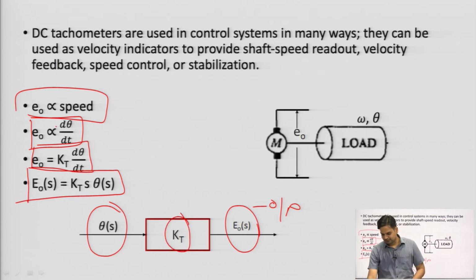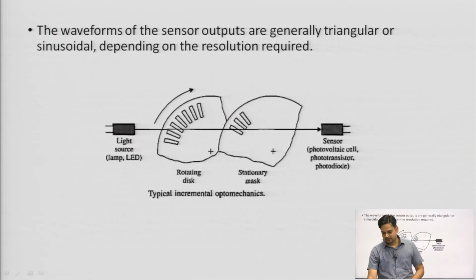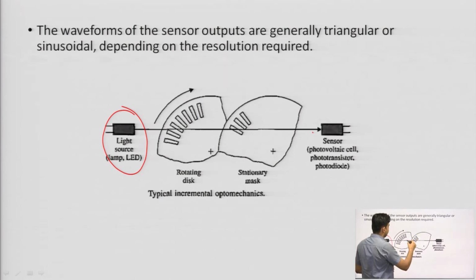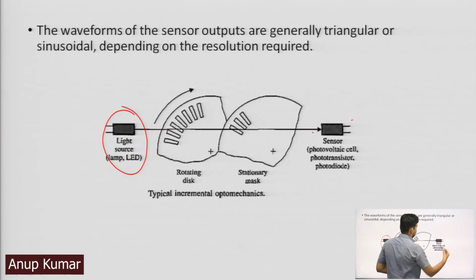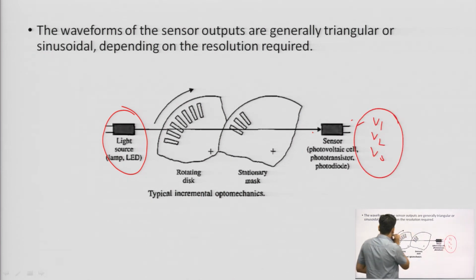This is the tachometer. Now, we will see one more encoder, this is the incremental encoder, which works on the basis of an optical principle. So, in this incremental encoder, what we are doing is encoding our signal. This is a sensor, this is a light source, maybe an LED or laser beam, passing through this plate. Whenever these plates cross each other, it will change the intensity of light and then you will get a change in the output. Whenever the intensity of light changes, different voltages V 1, V 2, V 3 will come and it will do the encoding of the incoming light wave.